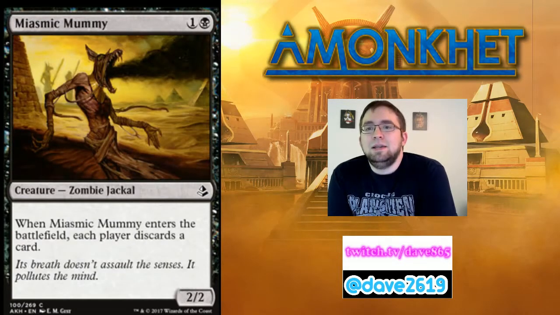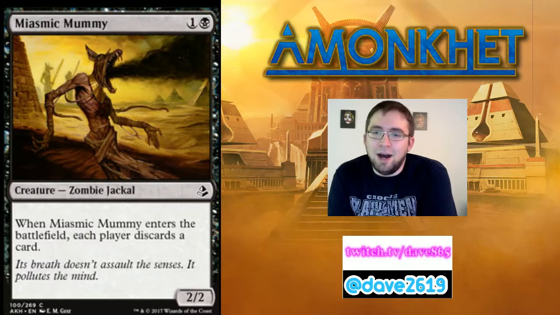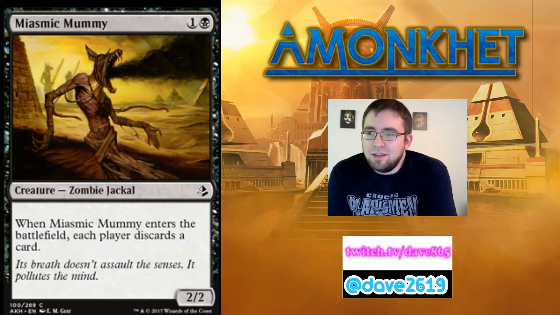So I would take all I could of this guy, especially for your zombie decks, for sure. Miasmic Mummy is a generic and a black for a creature, Zombie Jackal. It's a jackal. It's common, 2/2. Watch that Family Guy episode, okay, guys? When Miasmic Mummy enters the battlefield, each player discards a card. It's okay. So you can discard something from your hand